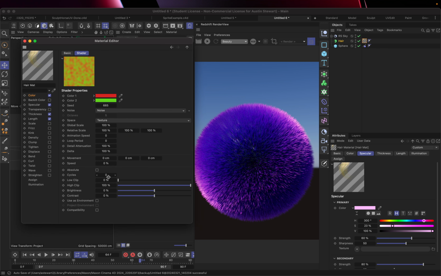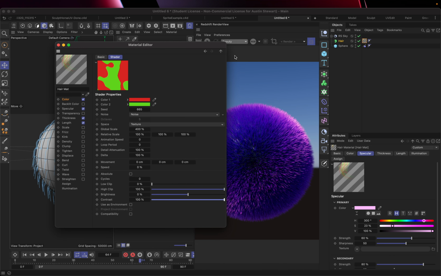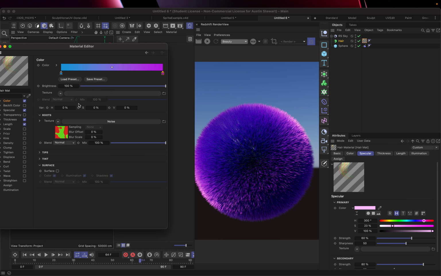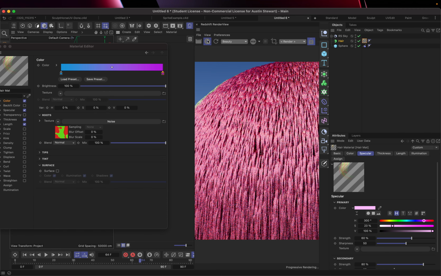Now, at this point, it's going to be kind of smeary, and they're going to be small. So I'm going to set this to 400% for the global scale. And then I'm just going to blast the contrast out, right? Because I want very clear boundaries between these two patches. And so I've got that set. So now I can come up here, and I want you to note that there's this blend mode. It's set to normal, and mix is set to 100%. What that means is it's going to overpower this first setting completely. So if I render this now,